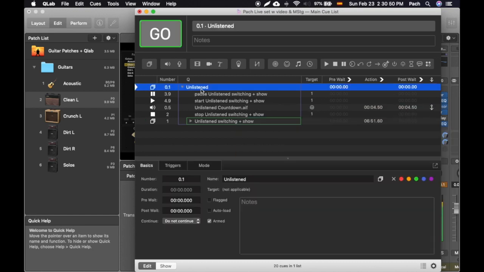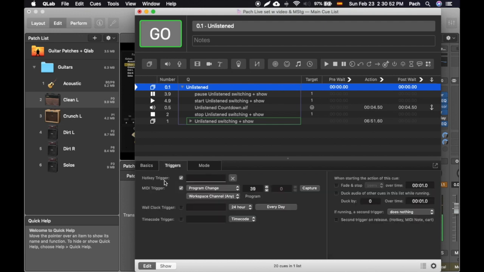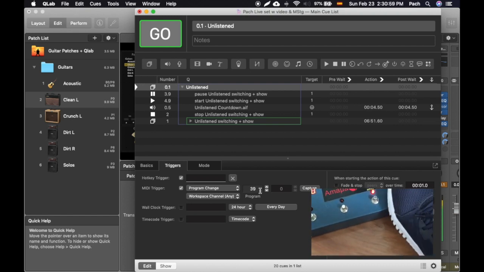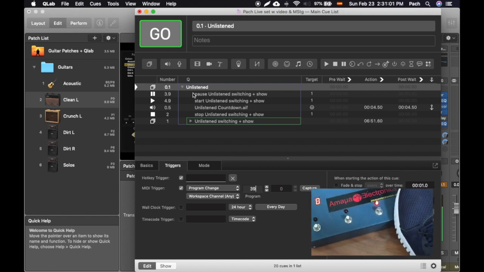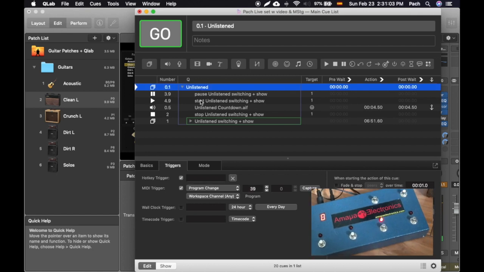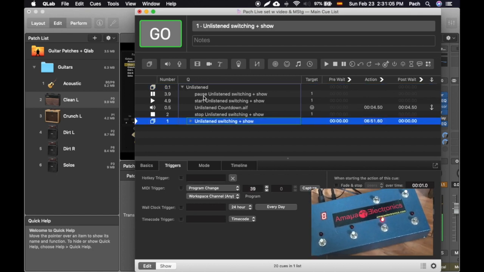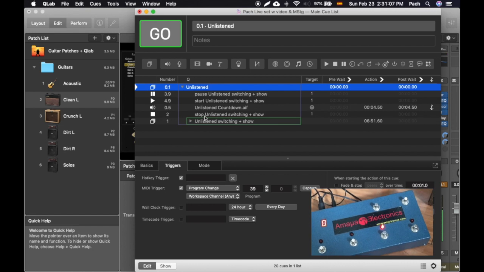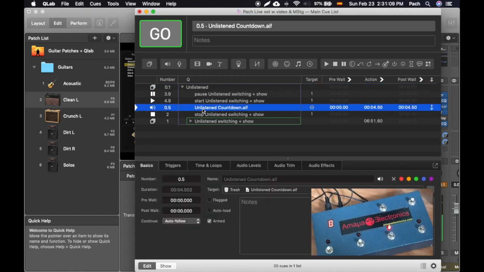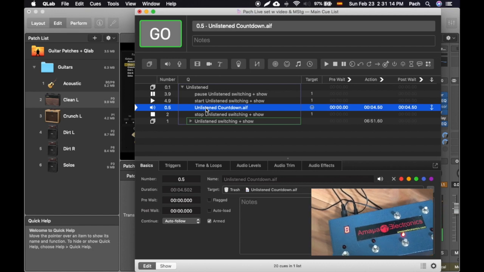I will stop it and I will show you which one I use to start. So here in the main group, there's a trigger option, a program change 39. That will be the very last button in my MIDI controller. So this one will start the whole group, not only the show itself, but the whole group, meaning the counting basically, because this is the only thing that actually sounds there. Okay, so if I press that one,